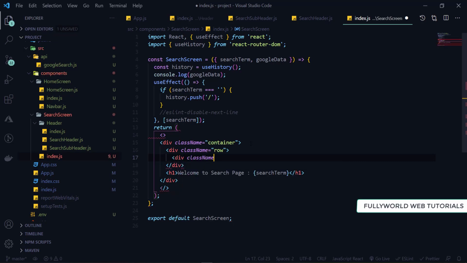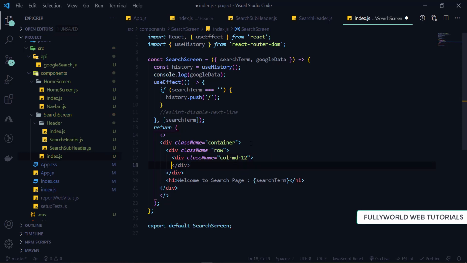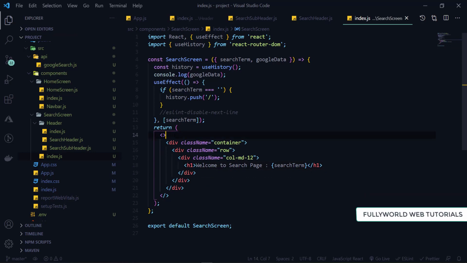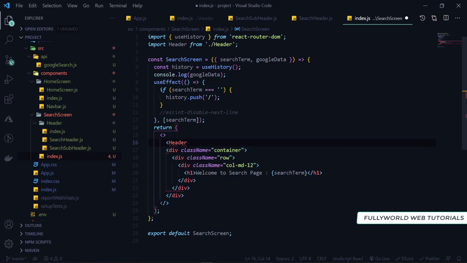I am assuming that you know all about Bootstrap. So save this, and over there, first of all I will write our header only. So the header will be there, save it, and our header is imported successfully by VS Code. Now save this. So we saved it successfully.